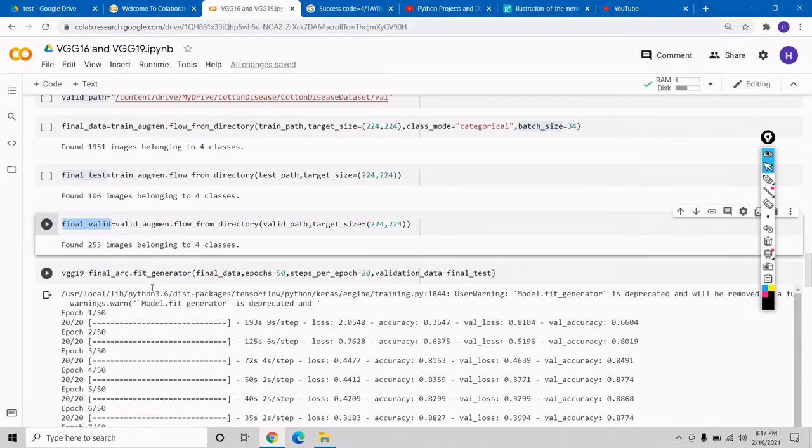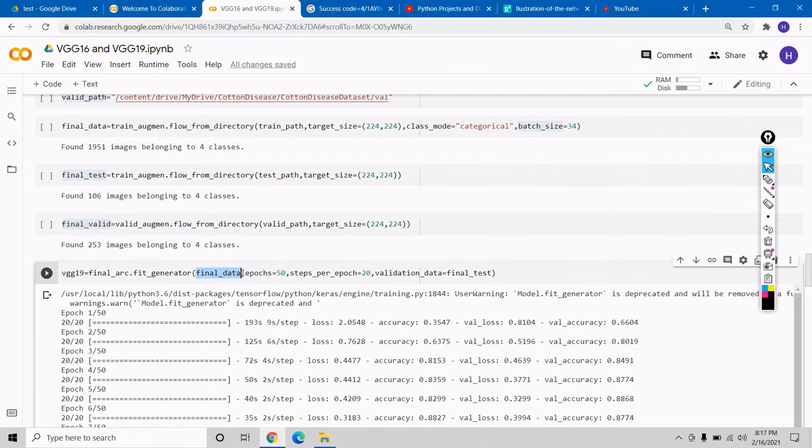After getting this we have to pass our training data inside our model. Whenever we are going to use data augmentation, that time we have to use fit underscore generator. So we are using number of epochs 50, steps per epoch 20, and our validation data we are taking as final test.